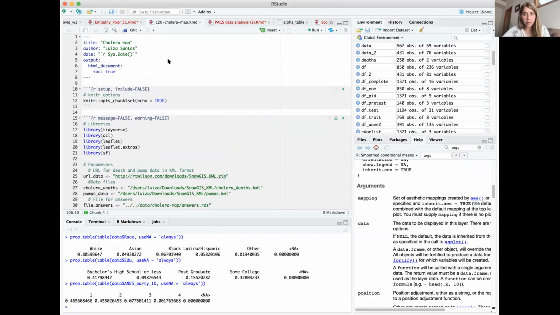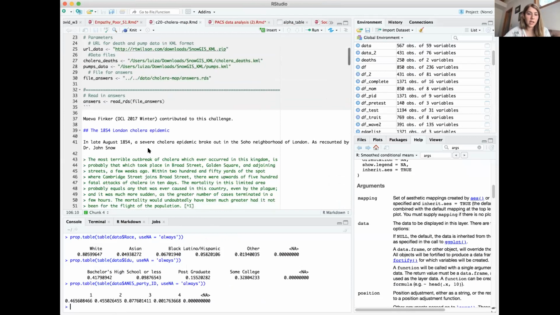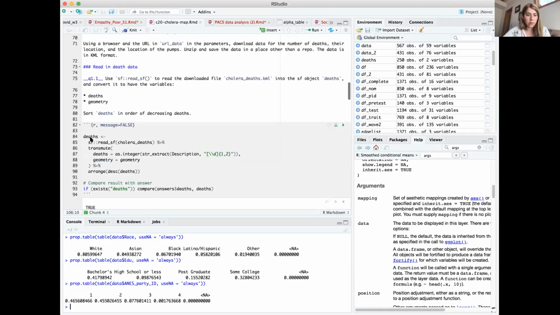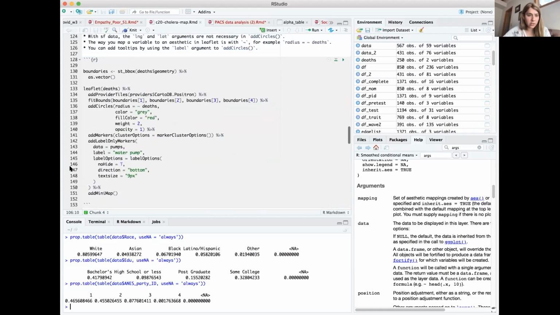So this is what I talked about before. You see that my console is here, which is giving me the output for my code. I have these code chunks, and then I have some text. I have all my data files open here, and here I have the help viewer, but it can also be plots or packages or whatever you want. For this one, I created these interactive maps. So here's the code that I used to do it.